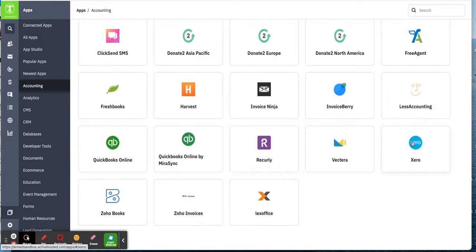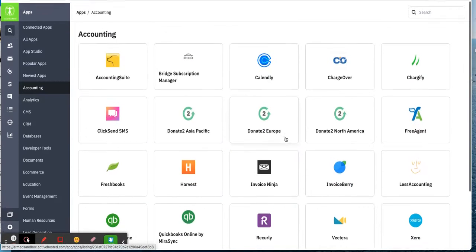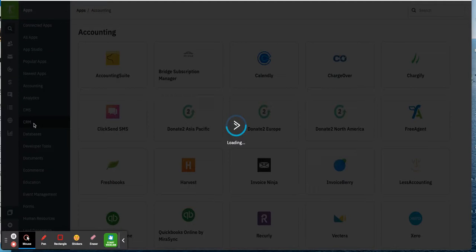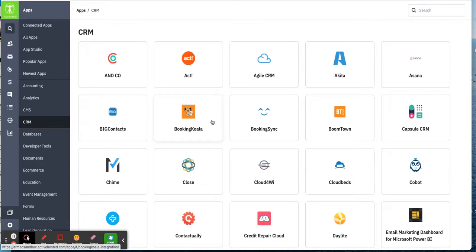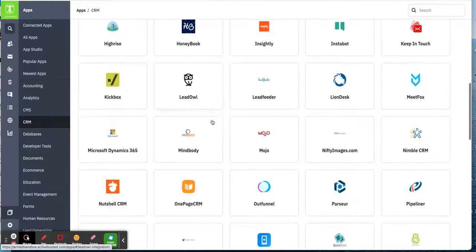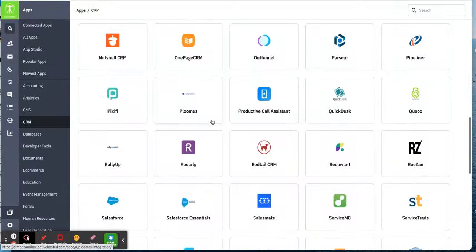What else we got? We've got Xero, QuickBooks Online, FreshBooks. There's a few of them there that will actually link directly into it, so that you can update the two databases at once. So look, there's a lot there. You might even have another basic CRM that you want to use somewhere that's not quite as good, not quite as detailed. Then this might link directly into it there. You see, there's a lot of